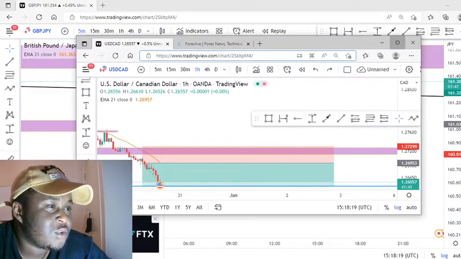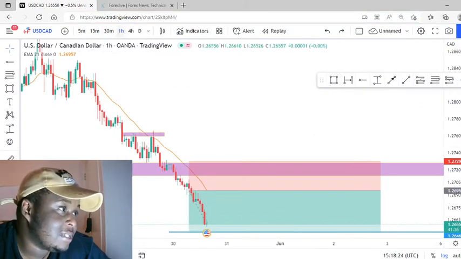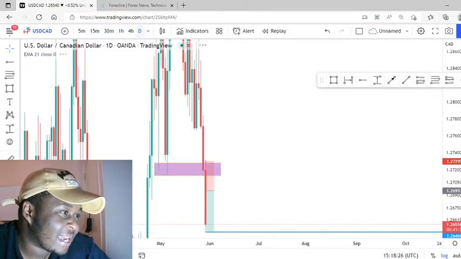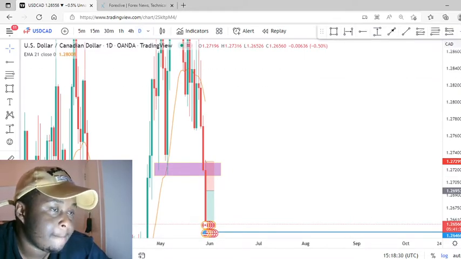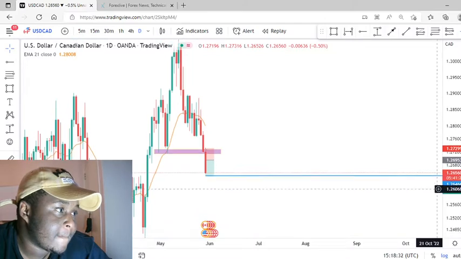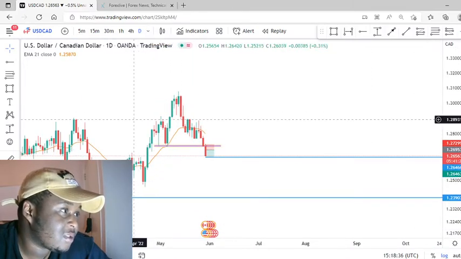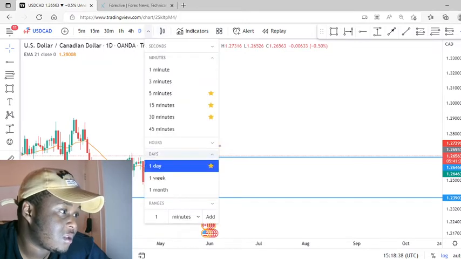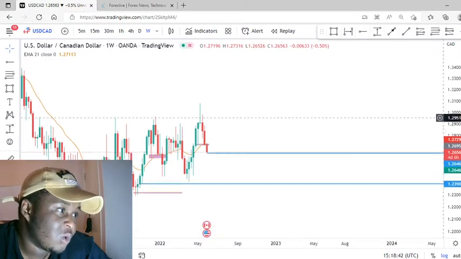This is the USD CAD, right? So basically here, let's go to the daily. This one's not as difficult as the last one. Just take this, put it here. Let's go to the weekly, because the daily won't make sense. Right? Okay. On the weekly,